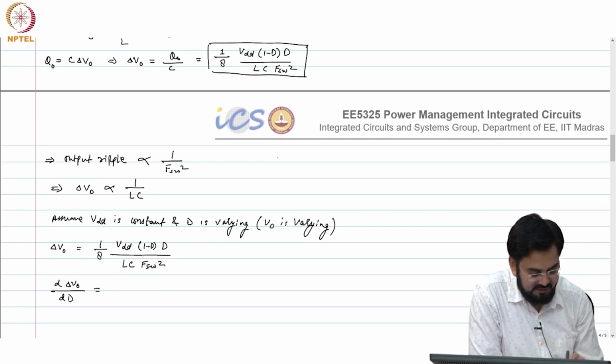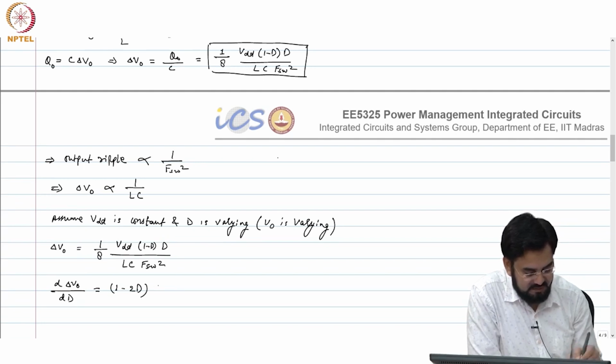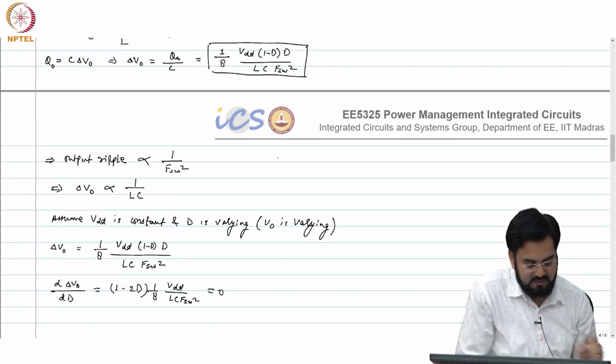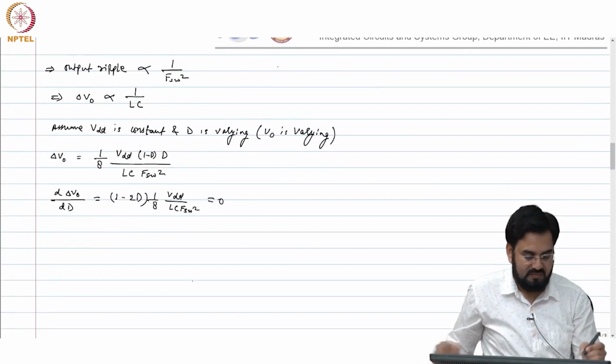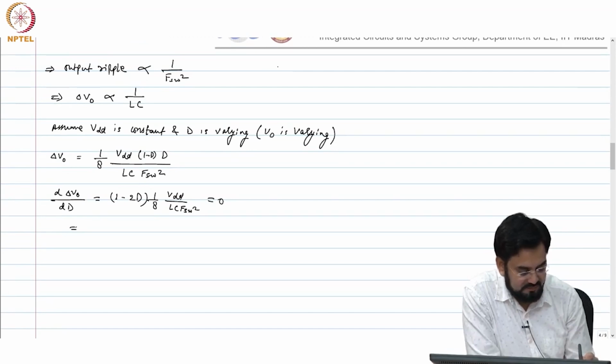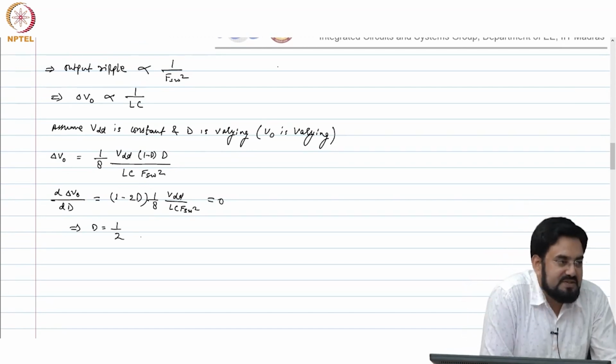So, you will have (1 - 2D) multiplied by 1/8 VDD over... equal to 0. Okay. This implies, so at 50% duty cycle